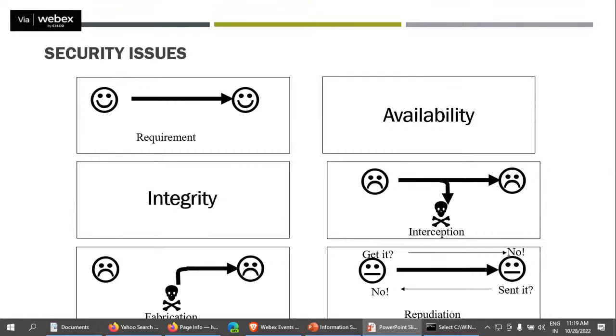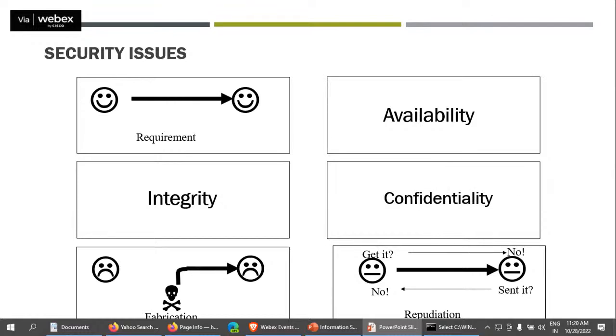Next is integrity. Integrity means the data which is sent by a sender and received is not modified, which means the data is integral. So we need to maintain the integrity also. Confidentiality: the data cannot be disclosed to anyone else. If I have data of my organization, it is my responsibility. I will not disclose it to anyone. That is the confidential part. It can cause a loss of goodwill of my organization as well as a monetary loss to my organization also.